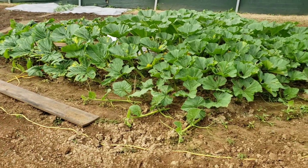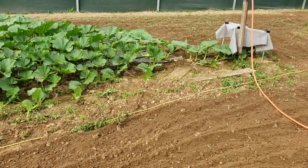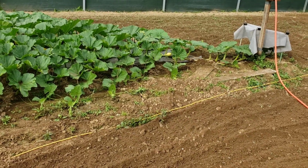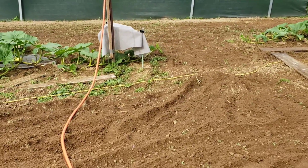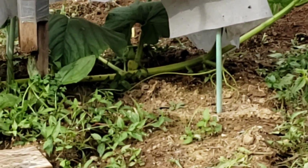It's got 1, 2, 3, 4, 5, 6, 7, 8, 9, 10 secondaries on this side before that fruit. That fruit is, I believe, 4 days after pollination. And then I have the one that I want to be the keeper underneath there. I don't know if you can see it,